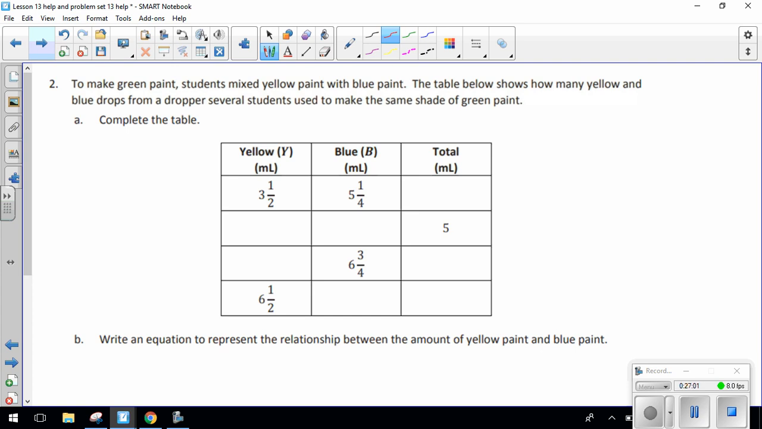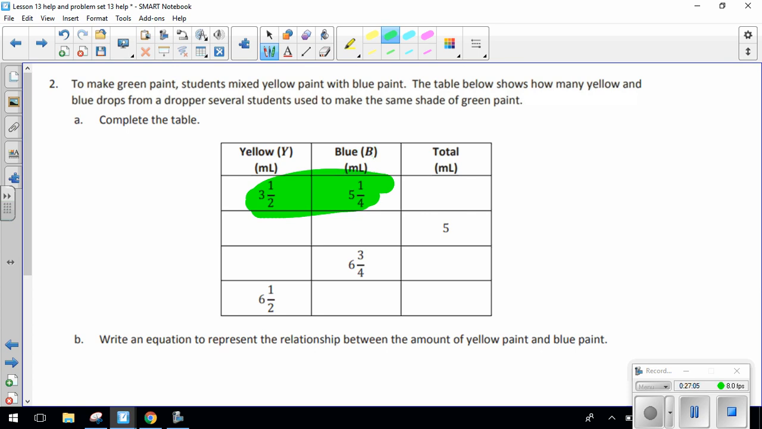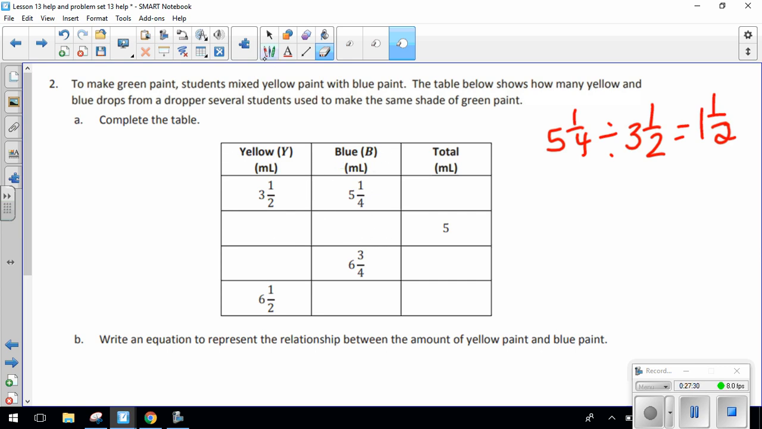So same idea for number 2. What I'm going to do is look at a row that has the 2 colors that we're working with. And what I did was I took the larger fraction and I divided it by the smaller fraction. And I got a solution of 1 1/2. So that's my factor. When I go from yellow to blue, that represents my unit rate. So I'm going to times this